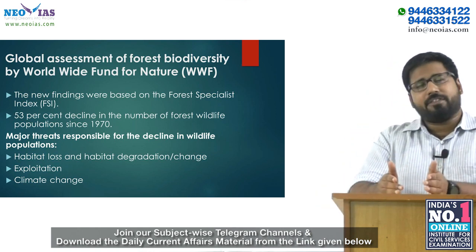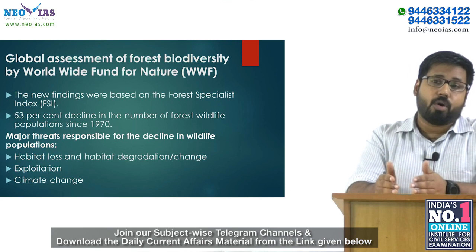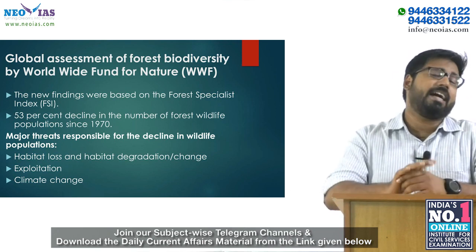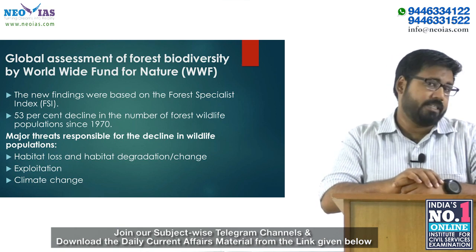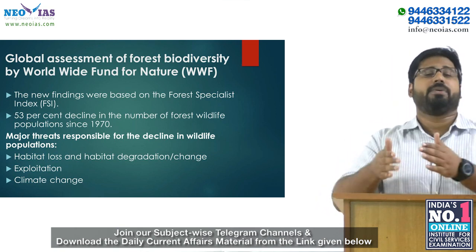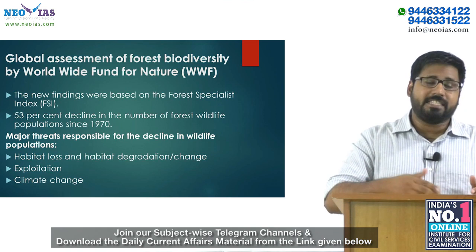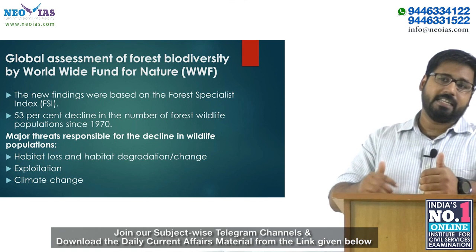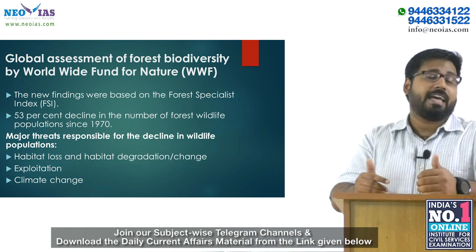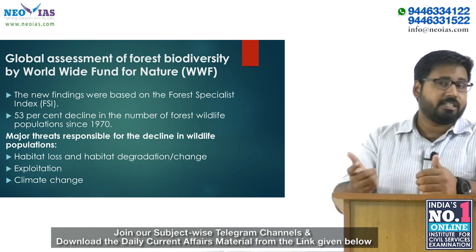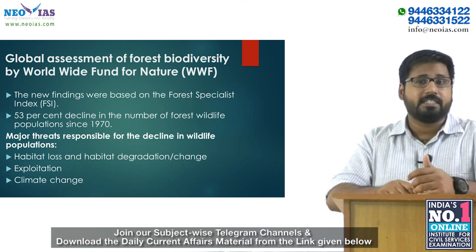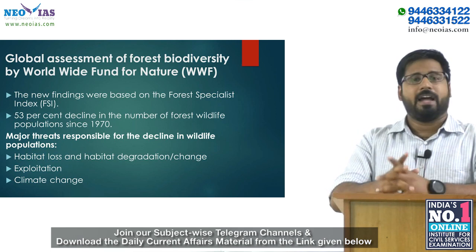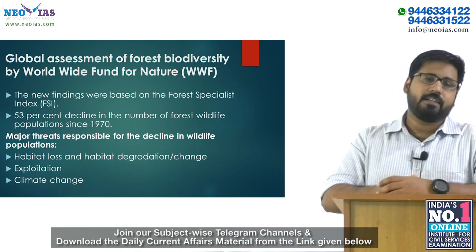Now, of the 455 monitored populations of forest specialists, more than half has declined at an annual rate of 1.7%. And this decline has happened between the years of 1970 and 2014. Now, while the decline was consistent in these years among mammals, reptiles and amphibians, and these three species within the tropical range, it was less among birds and that too present in the temperate forest. And these findings we've got it from this report.